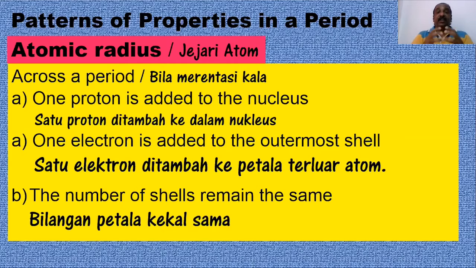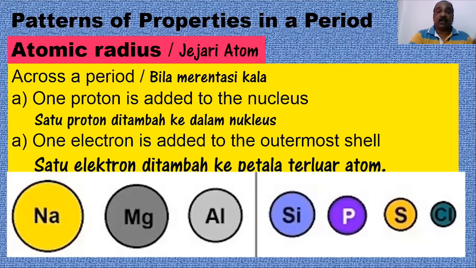But then the nuclear charge gets stronger and stronger. When the nuclear charge gets stronger and stronger, it will pull the outside orbitals. Of course, the second orbital, third orbital, all are affected, and all will move slightly inward. As they move inward, the atomic radius decreases. Okay, this is the trend for atomic radius. So atomic radius decreases across the period from sodium up to argon. Semua dia akan berkurang. Yang seterusnya,